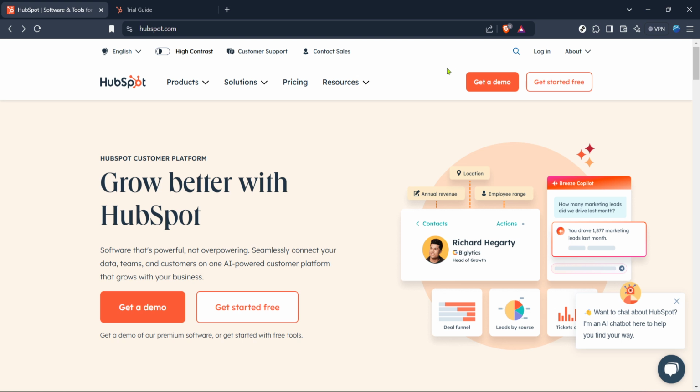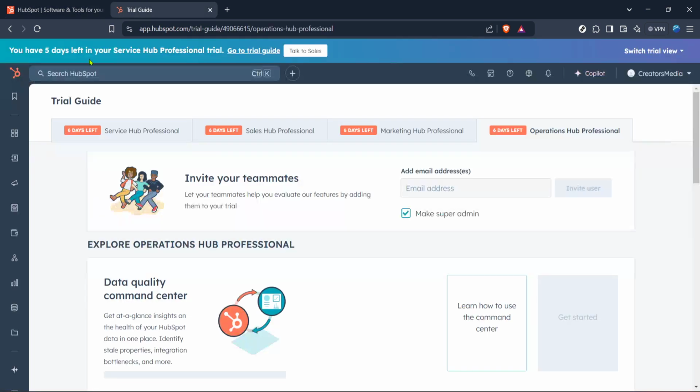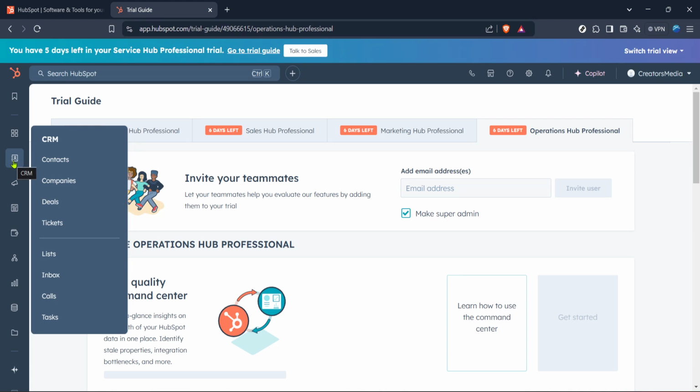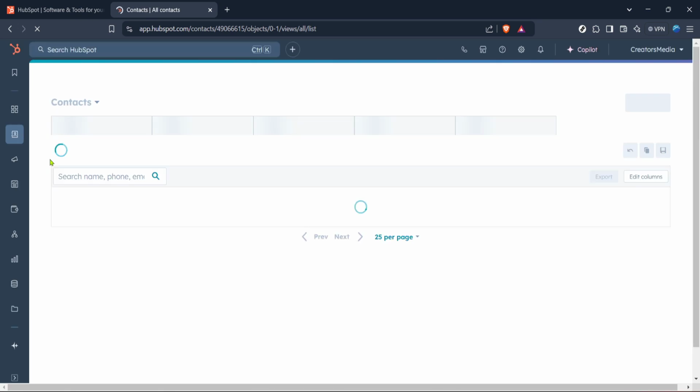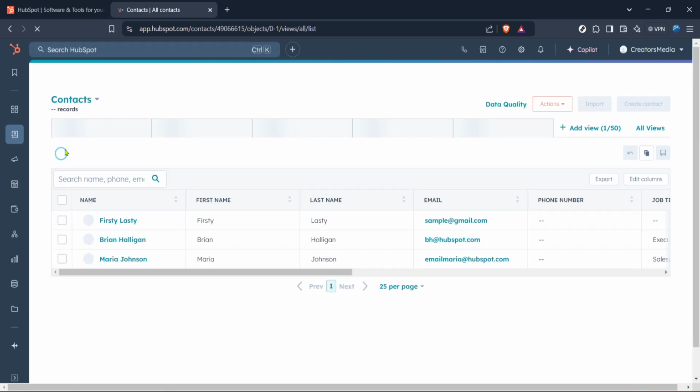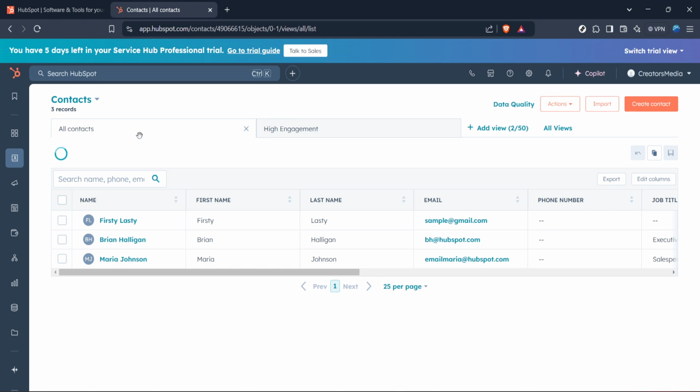From the home dashboard, make your way over to the CRM section. CRM stands for Customer Relationship Management, and it's essential for keeping track of all your communications with your contacts. By clicking on CRM, you open up a treasure chest of tools HubSpot offers for managing your interactions. Now, within the CRM section, you need to locate the Contacts tab. Clicking on the Contacts tab will open up your list of existing contacts. This list will show you not only names and email addresses, but all the important information you've collected about them.